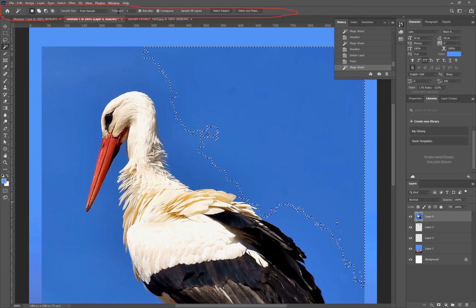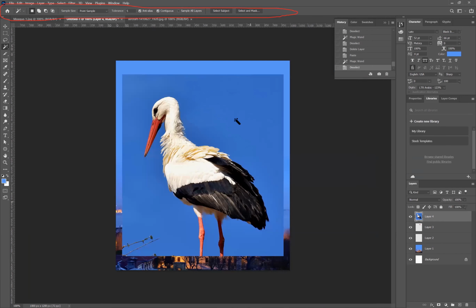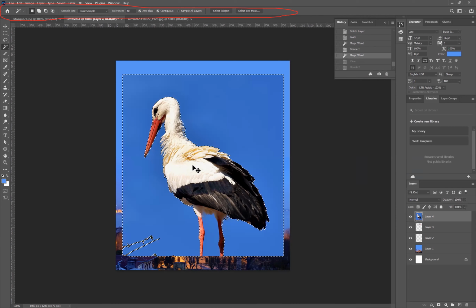That is why, since the tolerance is very low, it did not select the whole area. Let's see if I make 40 the tolerance, and if I click, see what happened. It selected the whole blue color. Wherever it had blue color, it got deleted. So that is the use of tolerance when you use magic wand.